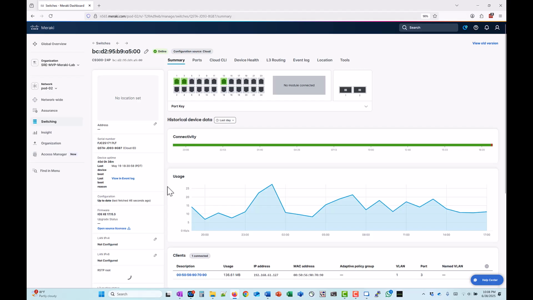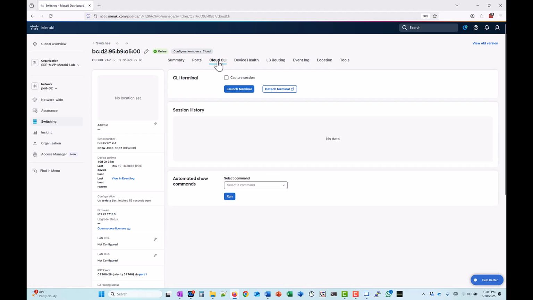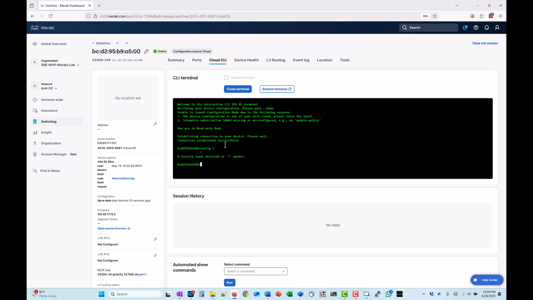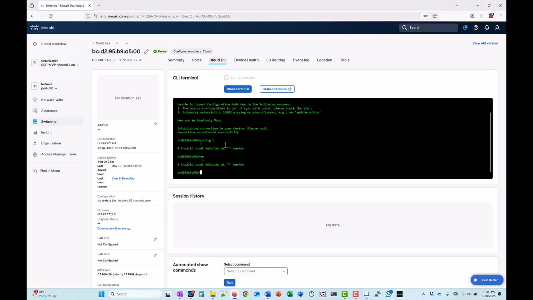Let's go do a quick configuration test. Go into the Cloud CLI and open up the CLI. This is the only CLI you can use to get to the device, and you can't go into config T mode. As you can see, it will not let me perform the config T command. Also notice it will not allow me to go into enable mode. Remember, in cloud configuration mode, all configurations have to be done from the dashboard and none of the configurations are allowed from the CLI. But I'm going to do a show run include hostname, and we're going to see that